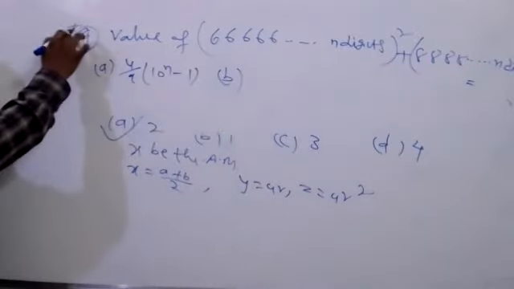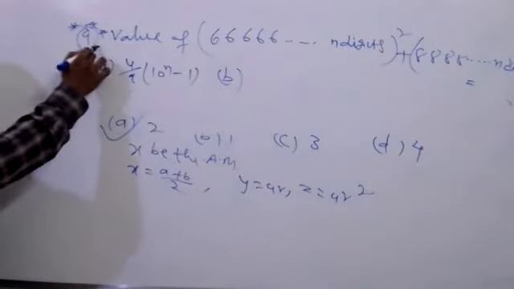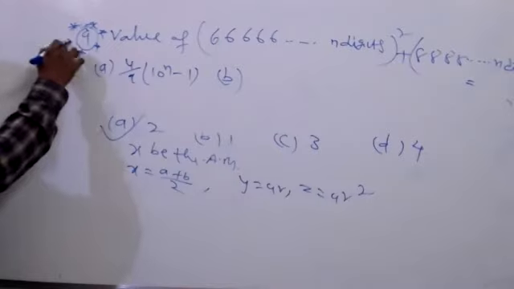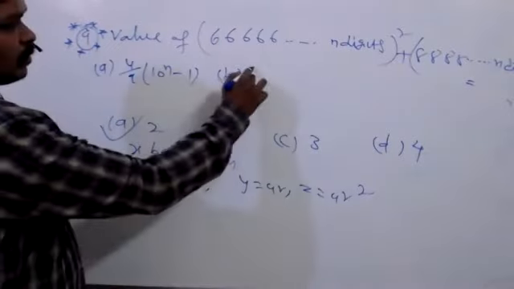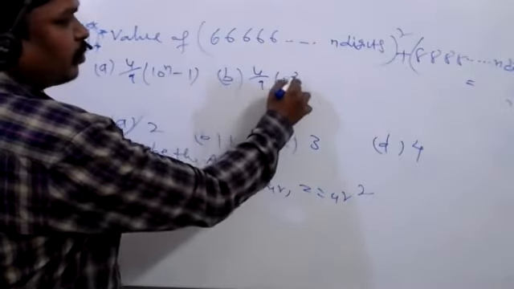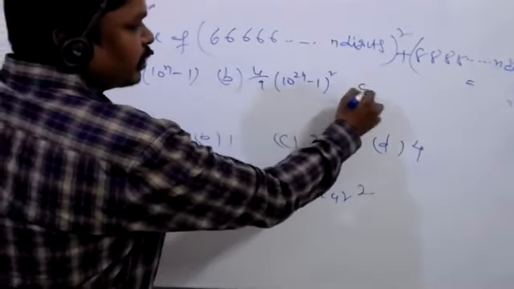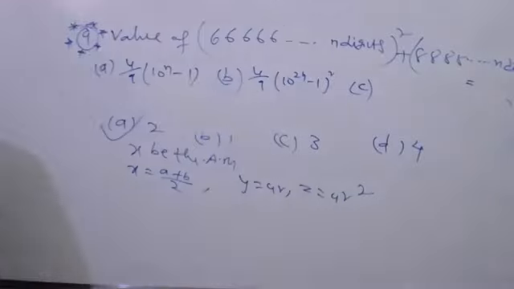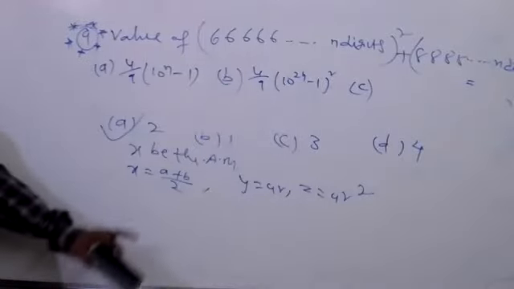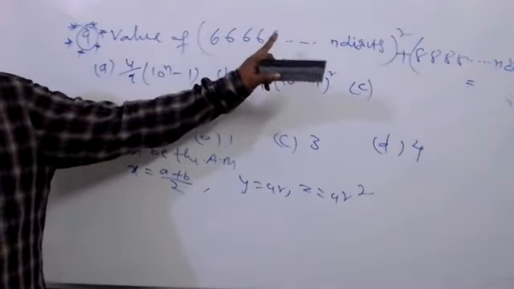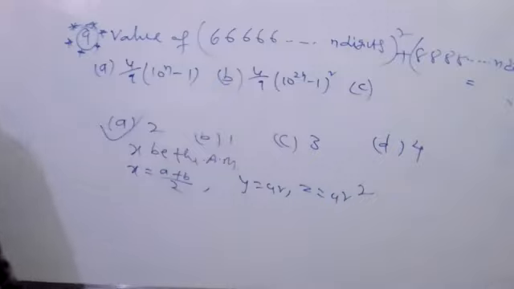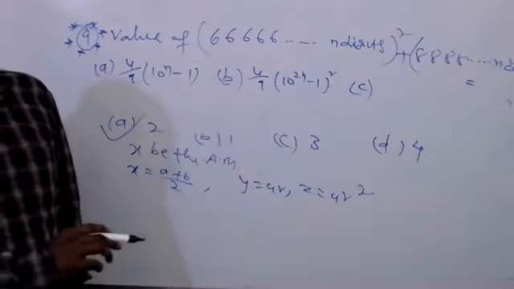Important problem. Option B: 4 by 9, 10 to the power of 2n minus 1, whole square. Option C: the other term is also squared? No, the other term is not a square. First term 8, 8, that is not a square. Okay, 4 by 9,